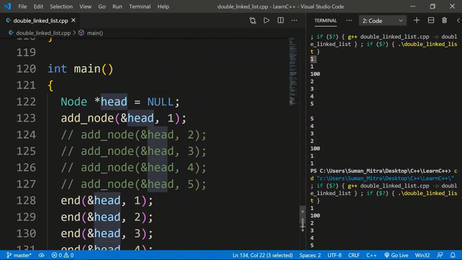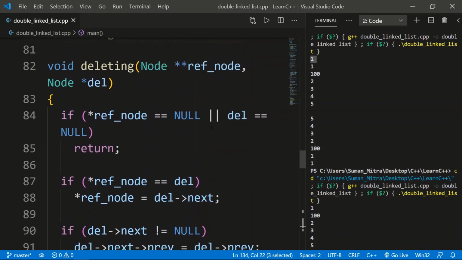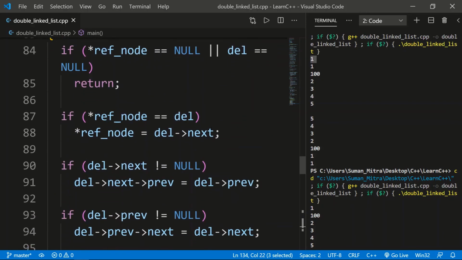How is this working? If you go back to the function, you can see that when we pass the reference and delete as the same, with the equal operator, the next one after the one being deleted will behave as the head. So one is behaving as the head now.